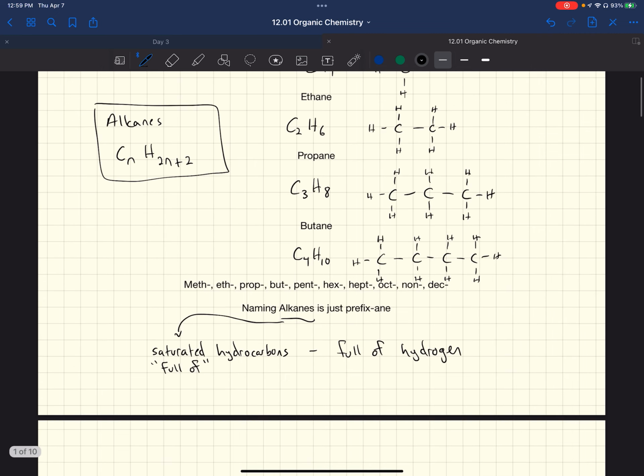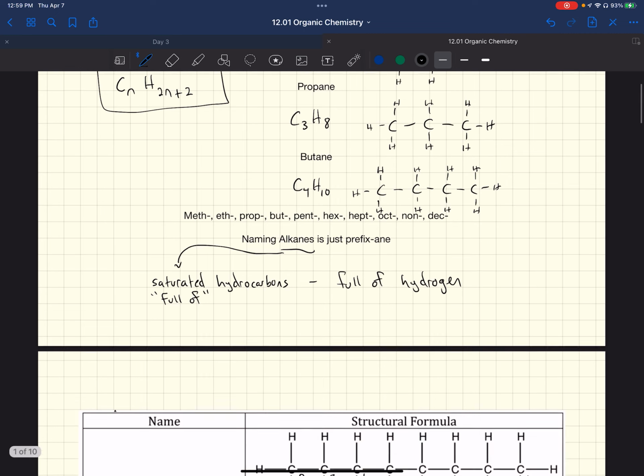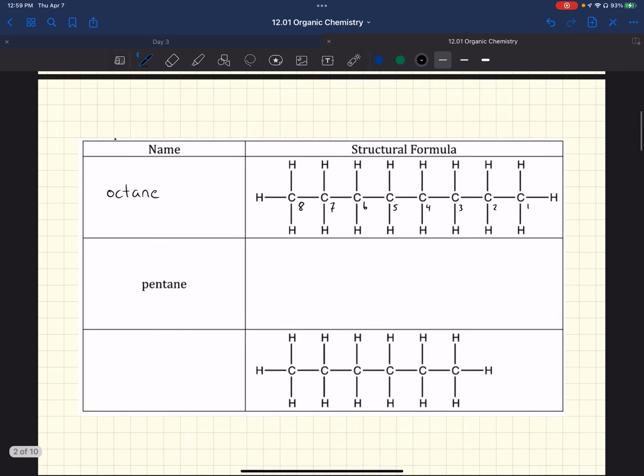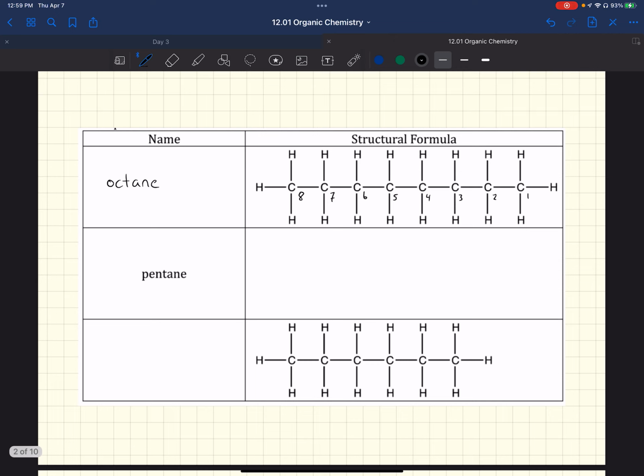So if I go back up to my list, methyl, ethyl, propyl, butyl, pentyl, hexyl, heptyl, octyl. So this is going to be octane. And this is also C8H18,